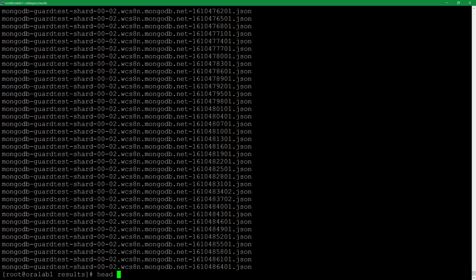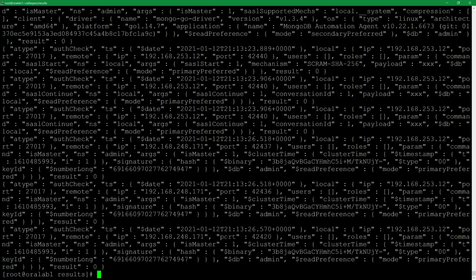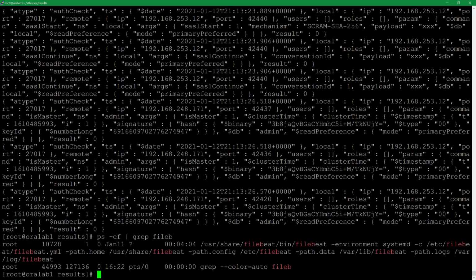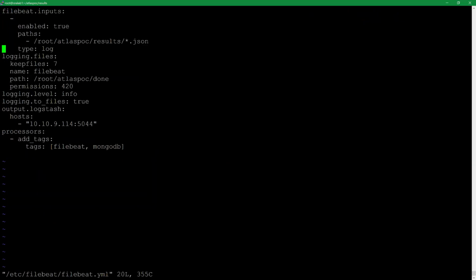And if we look at what one of the JSON files looks like, you can see these are MongoDB audit records. This is the stuff that we want to import into Guardium. So now we've got the files. They're on this Linux server. Now there's a FileBeat agent running on here. We could take a look at the configuration for FileBeat and see, okay, so it's going to